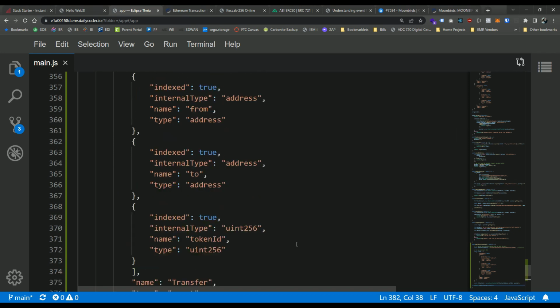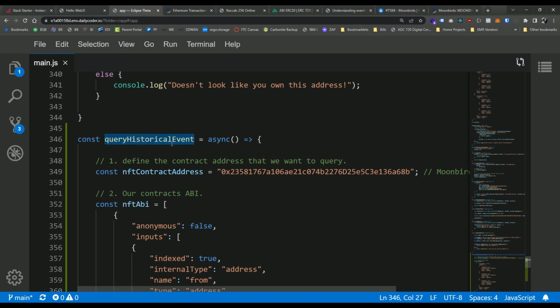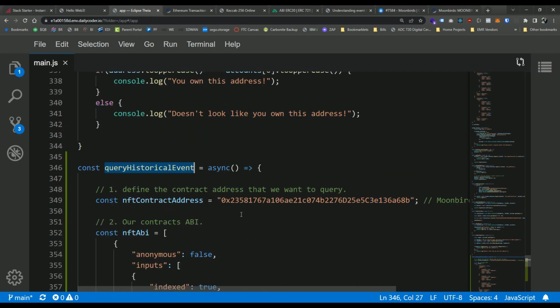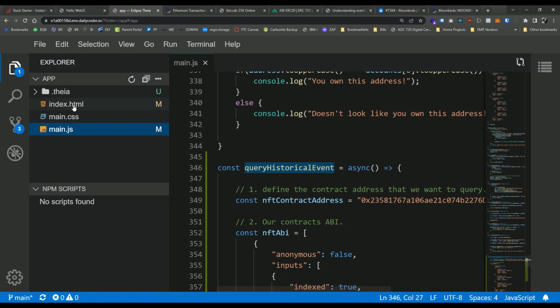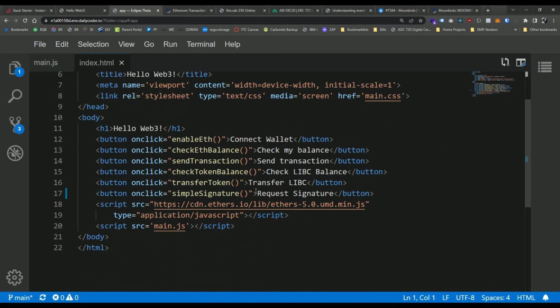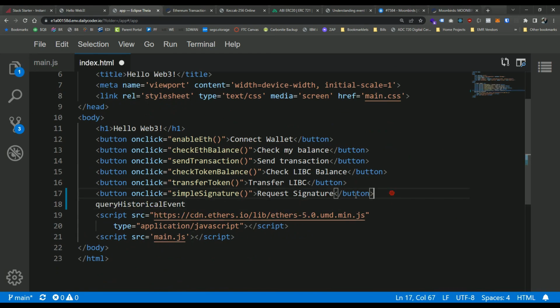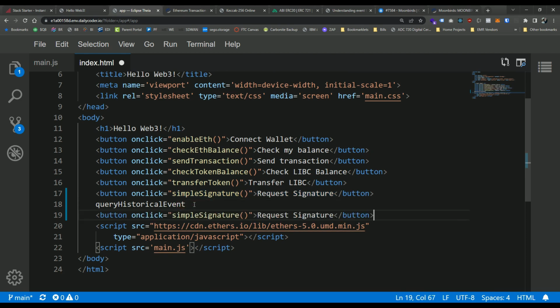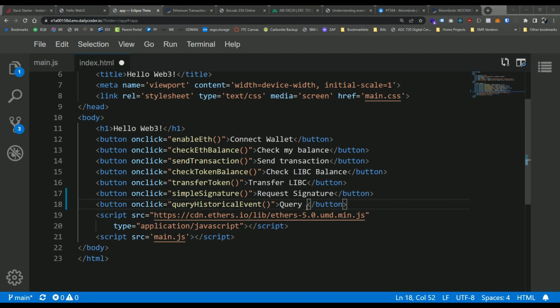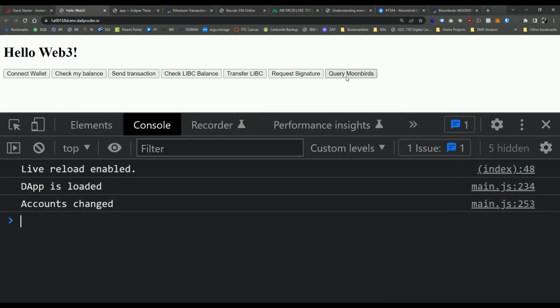So where are we now? We need to call this bad boy, right? It's not going to do anything unless we call it. So let's go ahead and put a new button in our front end. So I'm going to go into our index.html, and let's add a new button. So we called it query historical event. I'm going to paste this in here, grab this, put this here. Okay, query Moonbirds. Awesome. So now if we go ahead and look at our application, we should have a nice little button here. So if we go ahead and hit this button,